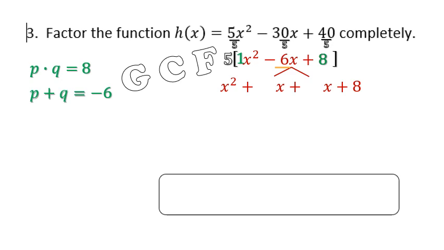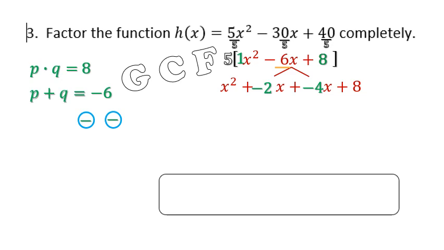Once again, when they multiply to be positive, like this positive 8, that means we've got 2 of the same signs, 2 positives or 2 negatives. But if they also add to be negative, it can't be 2 positives, it's got to be 2 negatives. It's not a very long list of things that multiply to be 8: 1 and 8, or 2 and 4, and the 2 and 4 have it. Once again, both have to be negative. So x squared plus negative 2x plus negative 4x plus 8, and I can group it from there and keep going,